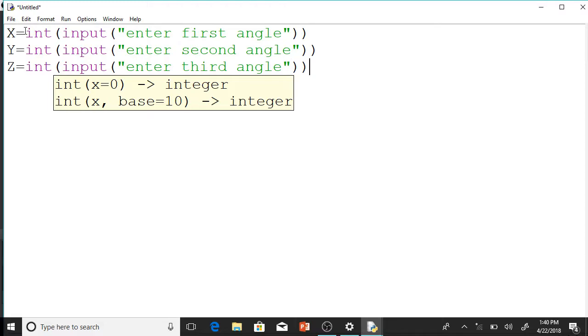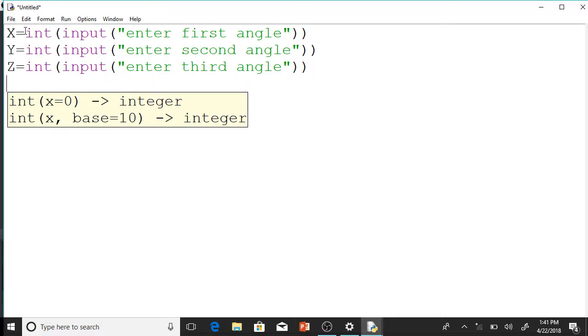Now we have taken the input. Now we have to make a logic. We all know that the sum of all the three angles of a triangle is 180. Now you have to make a logic. The first logic is if x plus y plus z